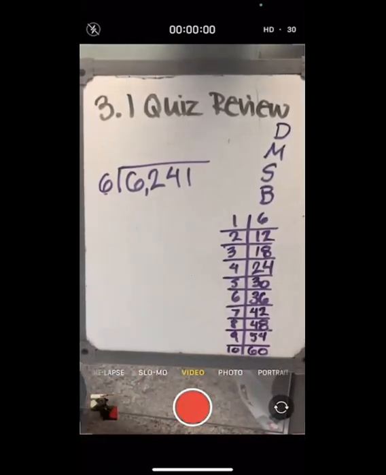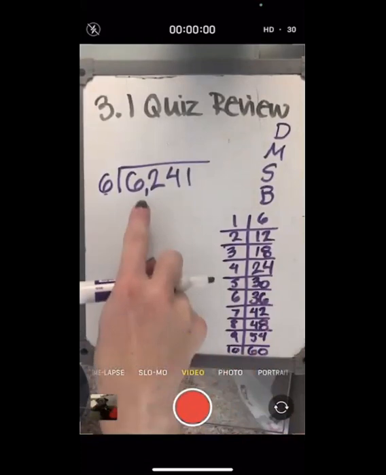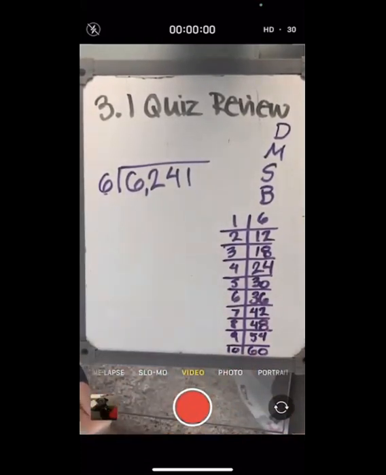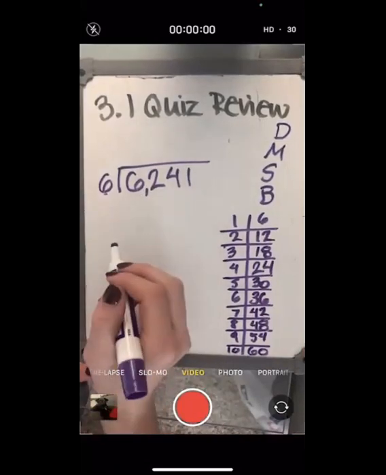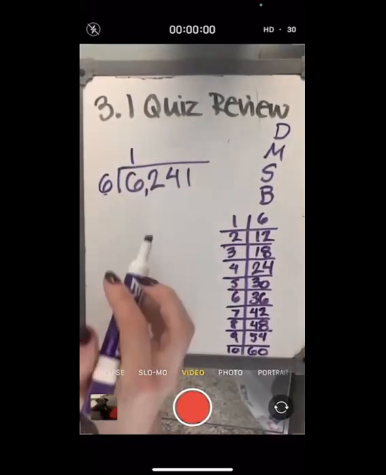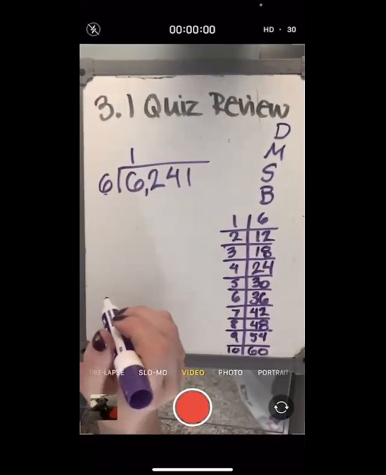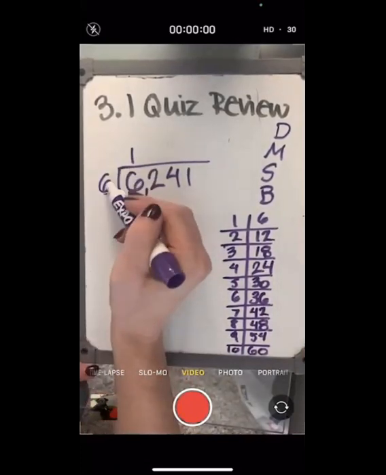All right, so my hope at this point is that you guys have your ratio table done. And again, you can use this ratio table to help you solve this. All right, Micah, where do I need to start? You need to start at the 6 and see if 6 can go into 6. And can it? Yes. How many times? Once. 1 time. So that's a really easy one to start with, right? And now 1 times 6 is